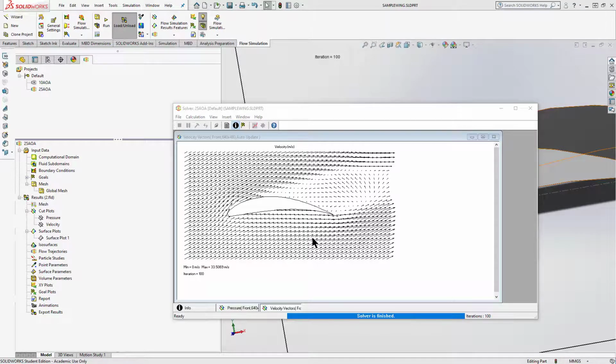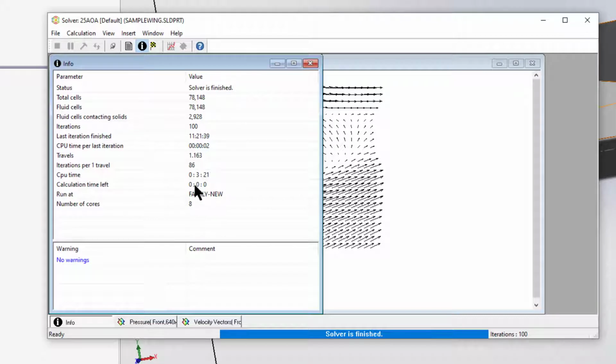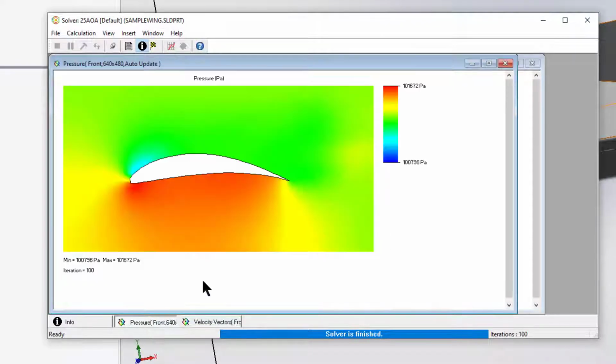Welcome back. Through the magic of modern technology, our solver is finished, and it took no time. It took about 3 minutes actually to run this. You'll see on the info here, it looks like 3 minutes and 21 seconds to run on my old computer. If we start to look at some of our pressure